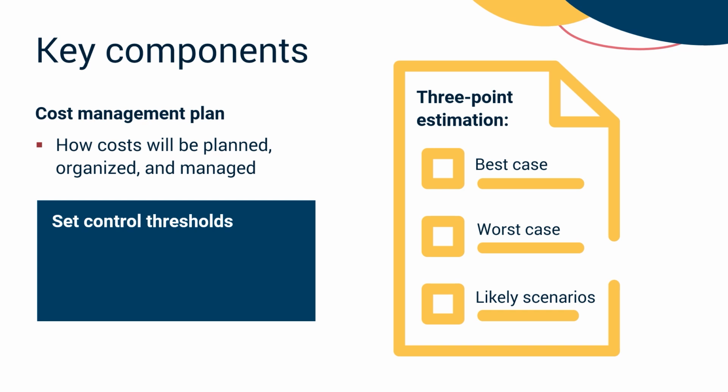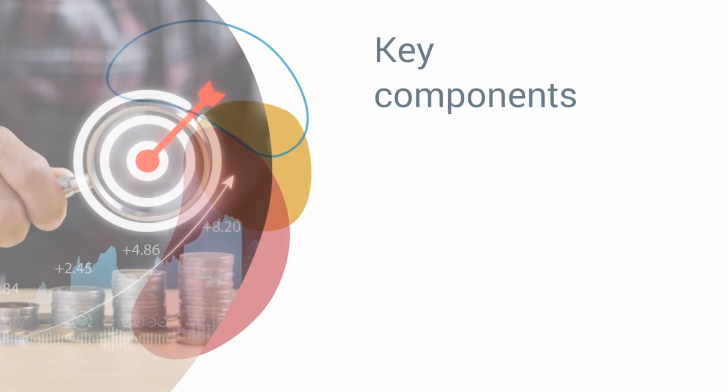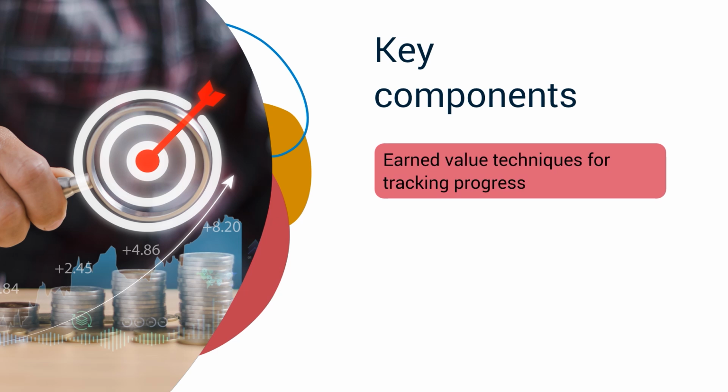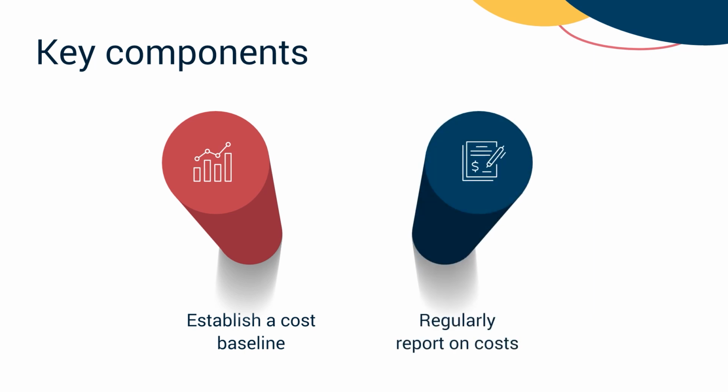Set control thresholds, like allowing a 5% overrun before reassessing the budget. Use earned value techniques to track progress, ensuring you're on budget and schedule. Finally, establish a cost baseline as your approved budget and decide how often you'll report on costs, such as weekly